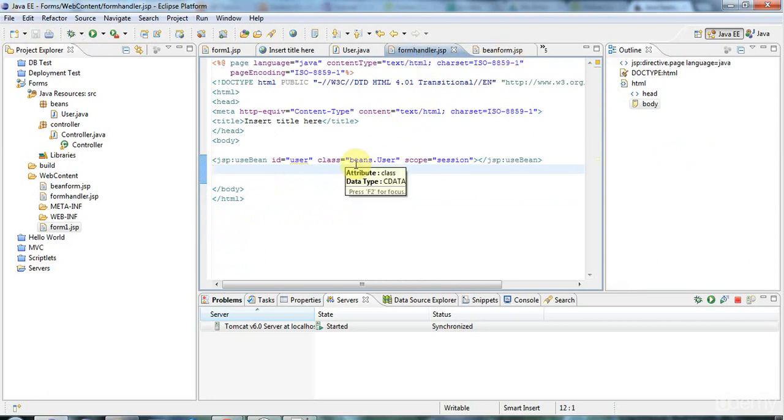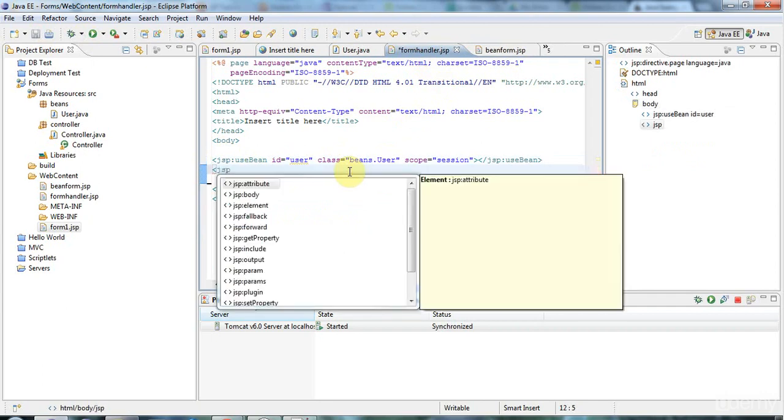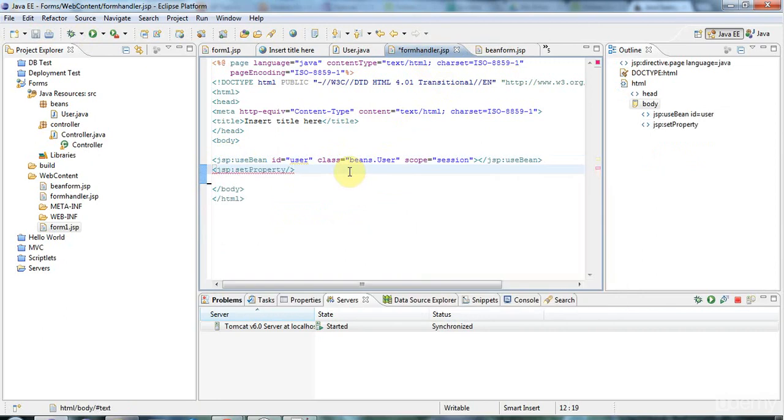And in formhandler.jsp, I'm going to say JSP use bean, and I'm going to use my user bean class that I created, and I'm also going to say JSP set property. For set property, I'm just going to say property. This could be the name of the parameter that you want to set. But as we saw in the previous tutorial, if I set this to star, it's actually going to look for any